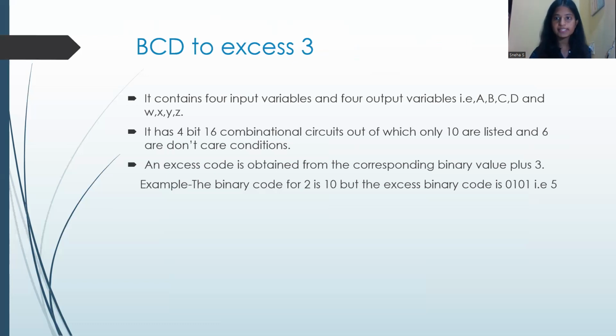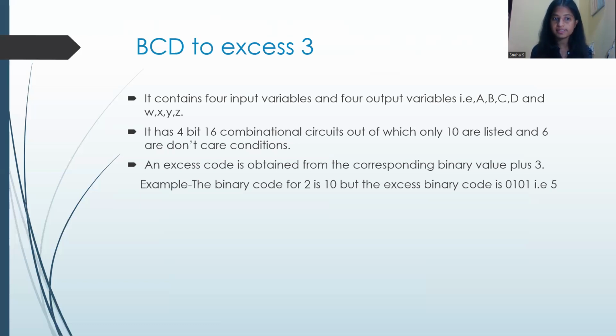Now let us see BCD to XS3. BCD is a binary code, but in order to produce an XS3 code, we simply have to add 3 to that particular number. BCD to XS3 has 4 input variables and 4 output variables, namely